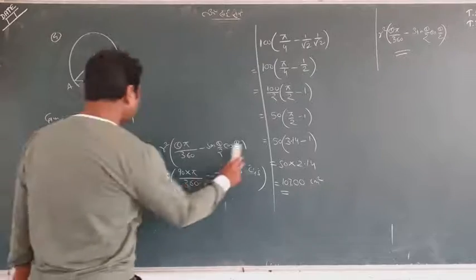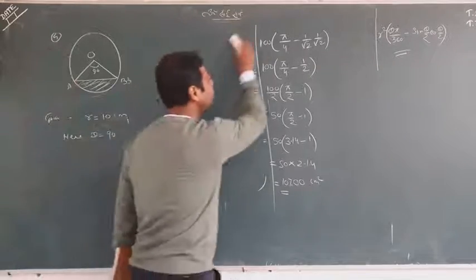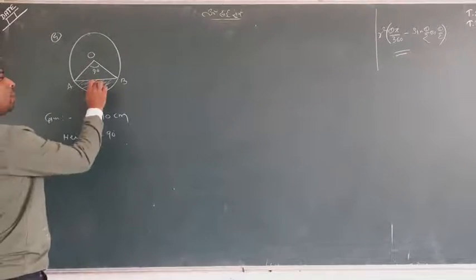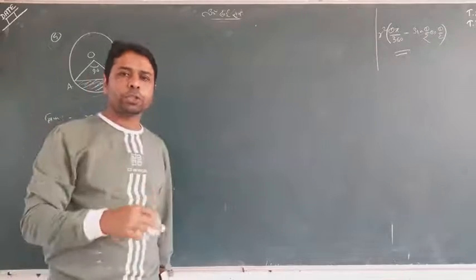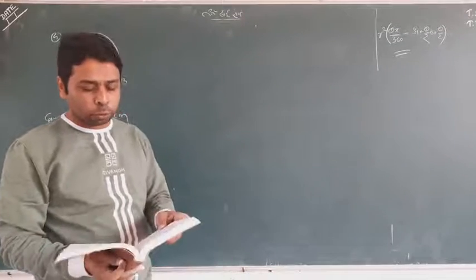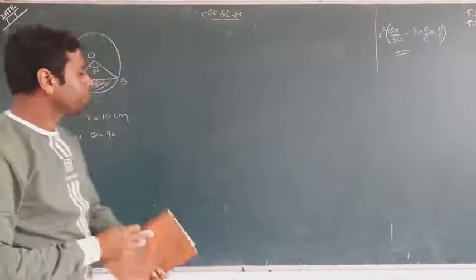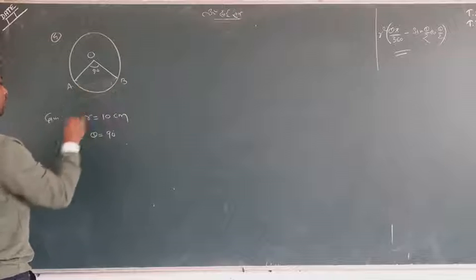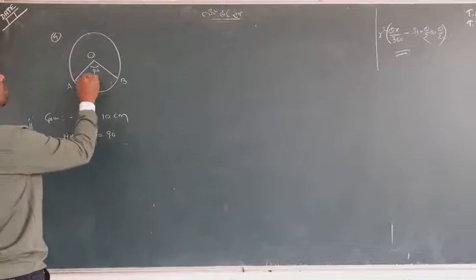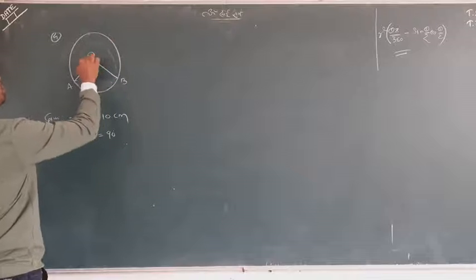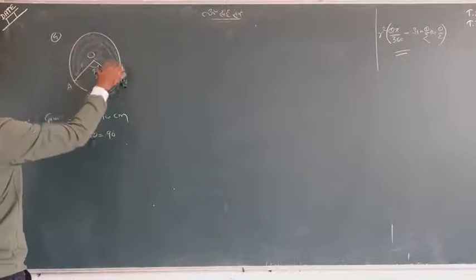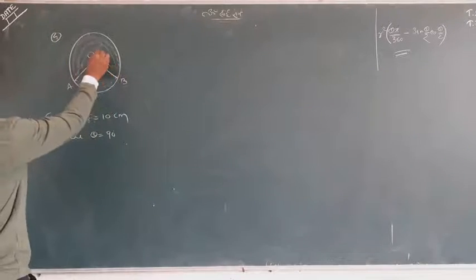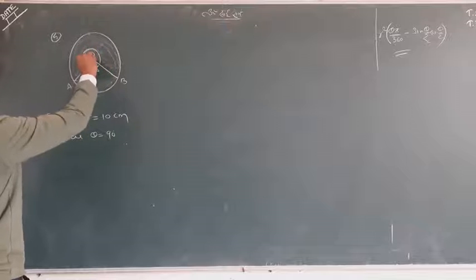Okay, now let me rub this out, and I'm doing some other work. This is only the first part of this particular fourth question. Now we have to find the major sector. Let me rub this out for the second part of the question I'm doing now. We want this portion, the major sector. So the major sector can be found in two ways. First, you can find the central angle, which is 90.